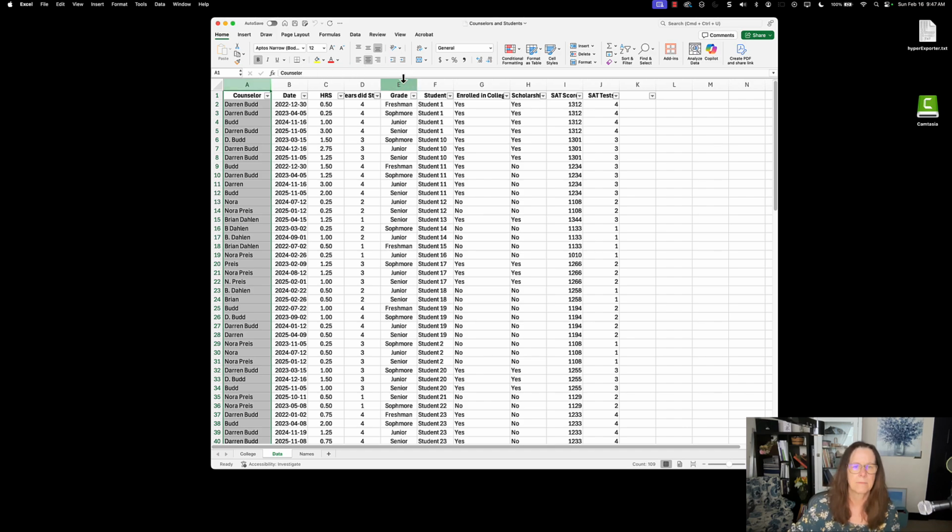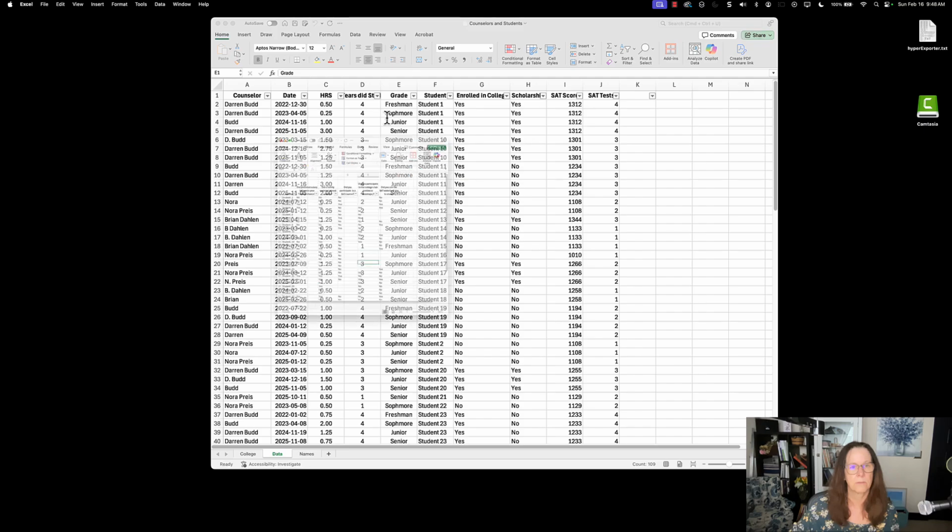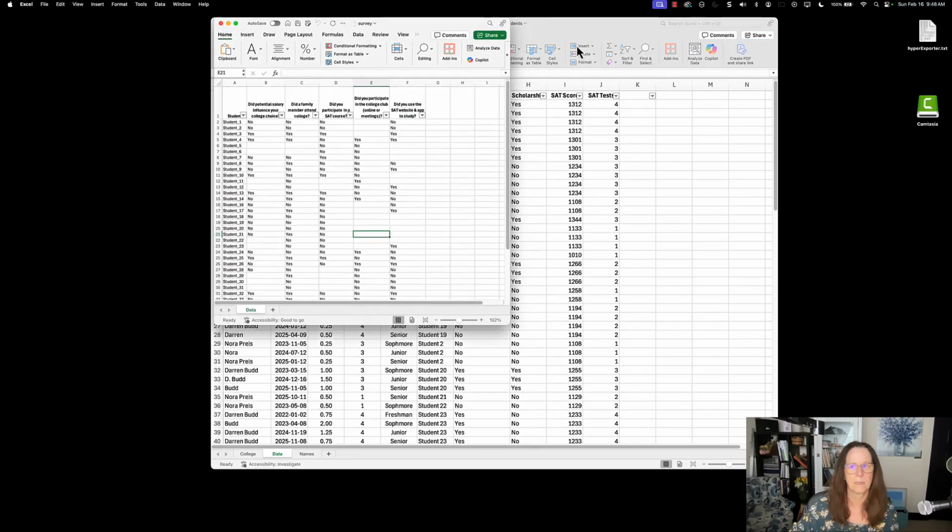The other thing is, if I wanted to say how many years of college, that's going to be a calculation to say freshman is 1 or would be 4, preparing for college. If they started as a senior, it would be 1. So that might be something that I need to do. You'll often see dates as like months, January, February, so you have to translate them into actual dates that Tableau can use. The other thing is, let me show you the survey results. This is also very common.